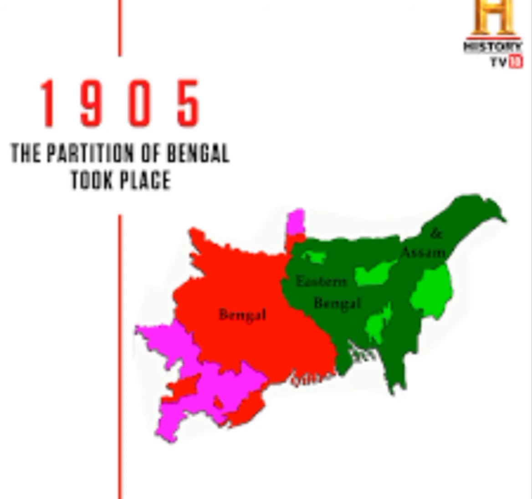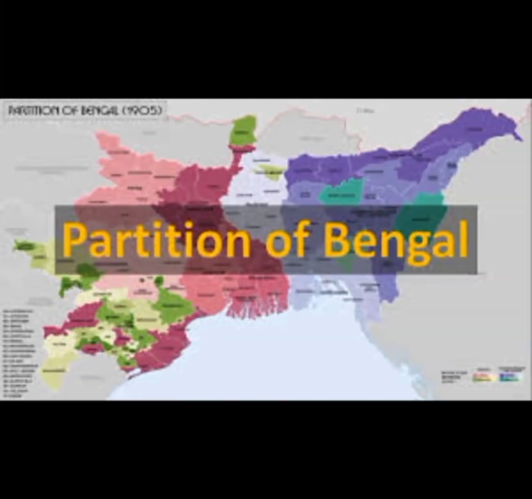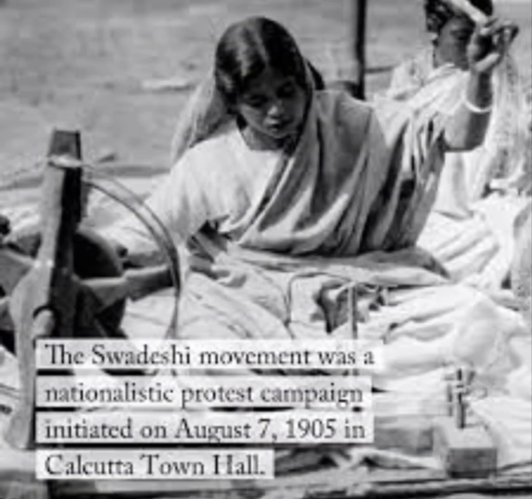At that time, people in Bengal started several strikes and protests against the partition. But these protests and meetings did not prevent the partition. Some leaders felt that people should boycott foreign goods and use Indian goods. Because if they boycott British goods, then they have more opportunity to make Indian goods. This is called the Swadeshi movement.